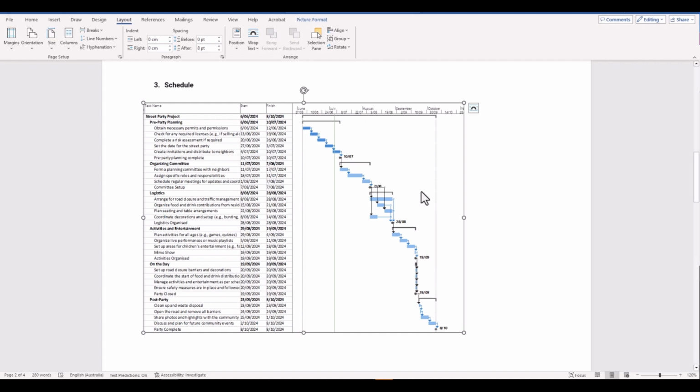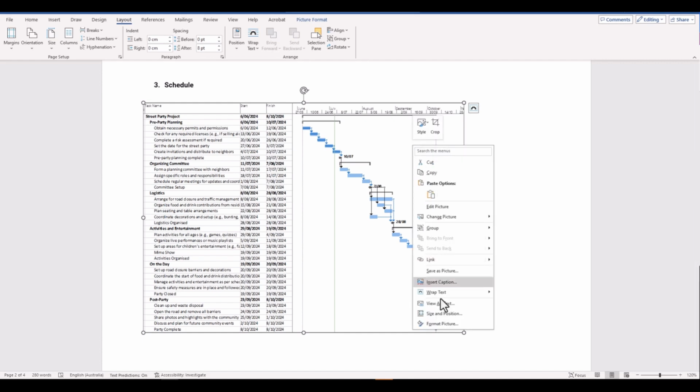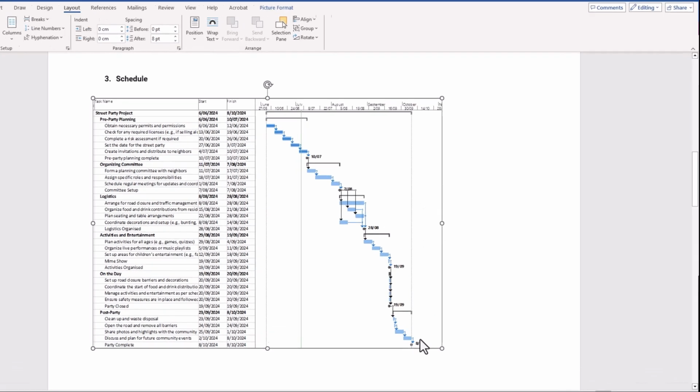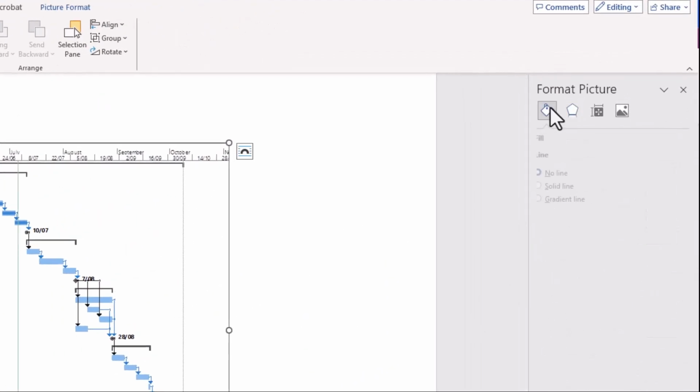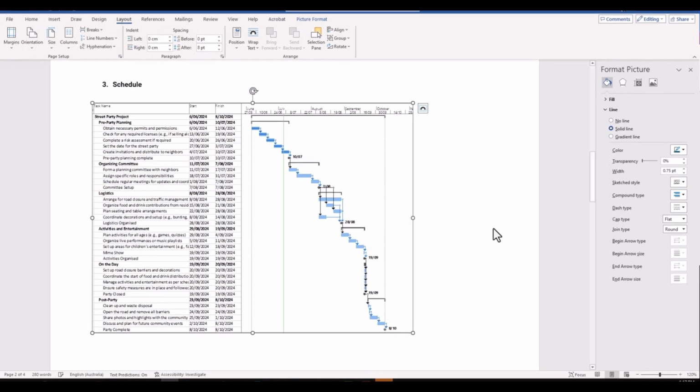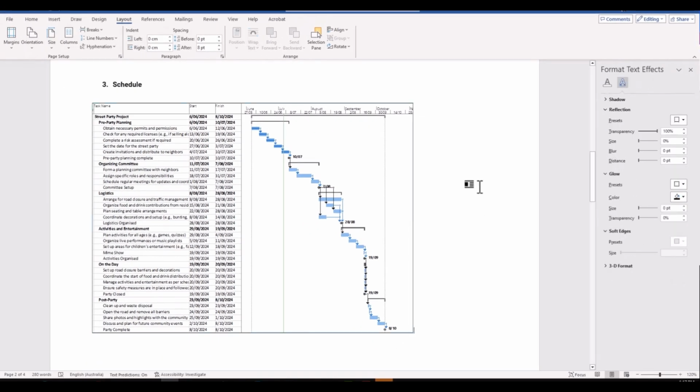Now we might want to make a few further adjustments to appease the aesthetics of this. We might go to Format Picture. It might be worthwhile to put a solid line around it, and this will tidy things up a little bit more so that the cropped image looks a little bit more professional. Now, what happens if we don't need the entire schedule but only part of the schedule to be displayed in our Word document?